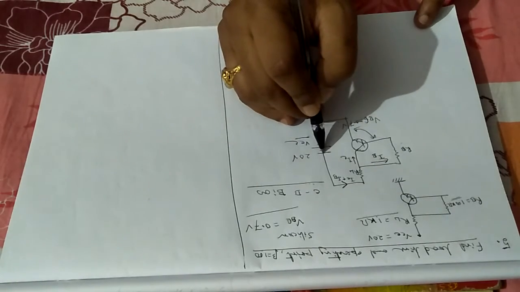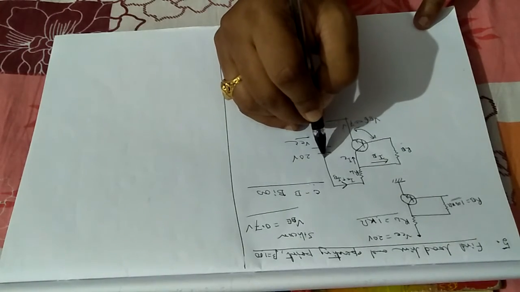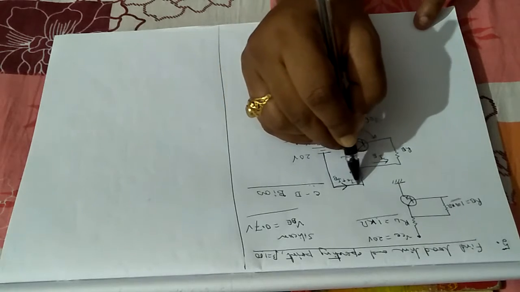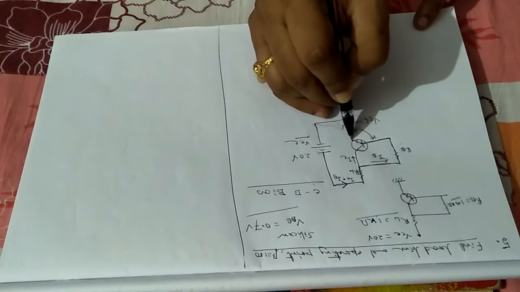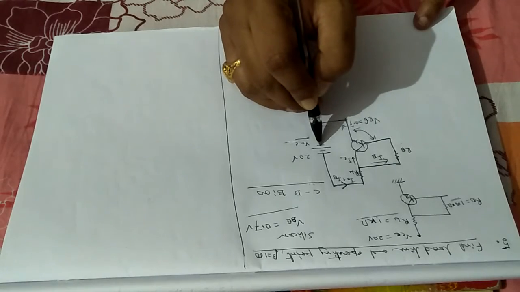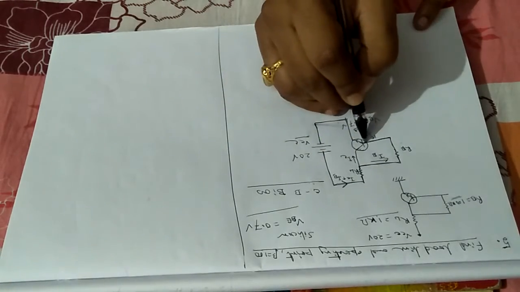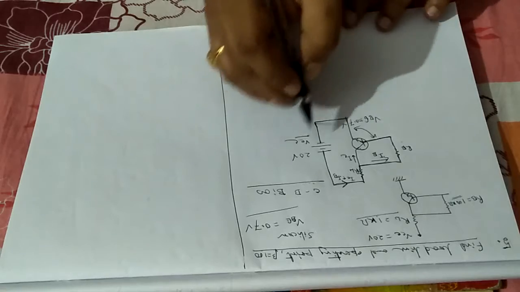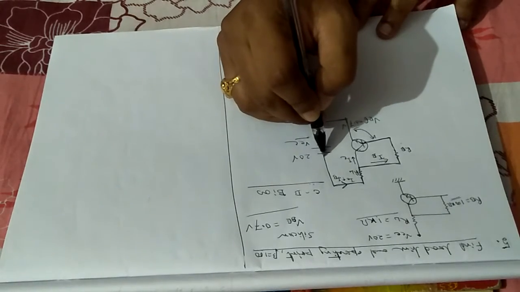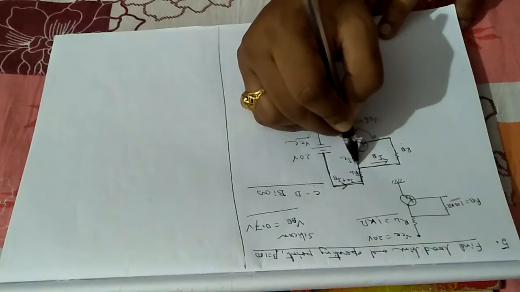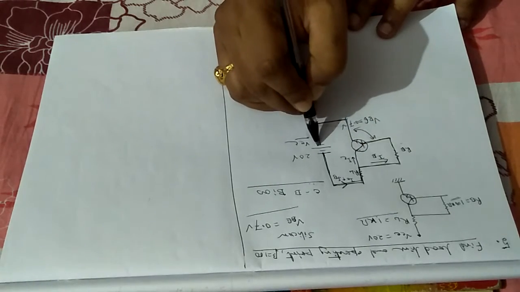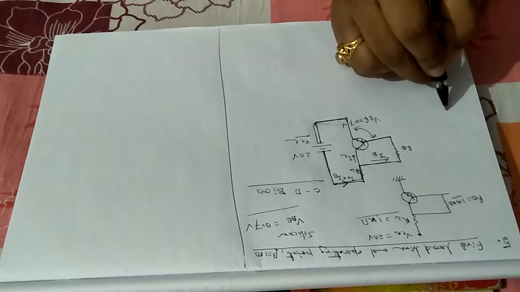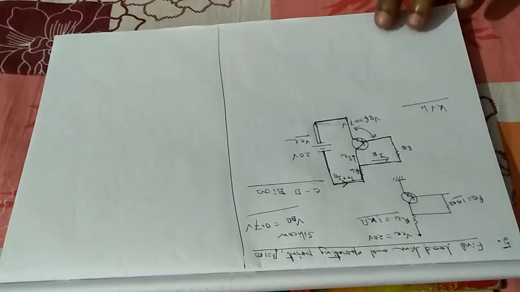What will be the input circuit? We start from this one, go this way, that way, then to the base, then the emitter, completing this way. This is the input circuit, connected with the base. What will be the output circuit? Starting from this one again, going to the collector and the emitter, that is the output circuit. So first we will apply KVL in the input circuit.